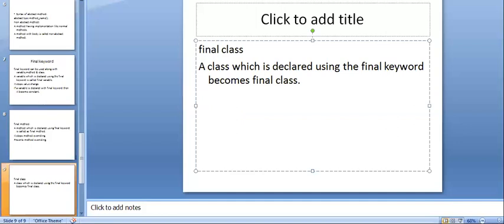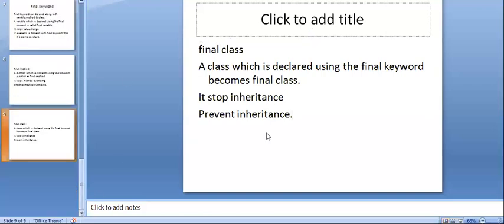What will this final class do? It stops inheritance, or it prevents inheritance. That's the final class.